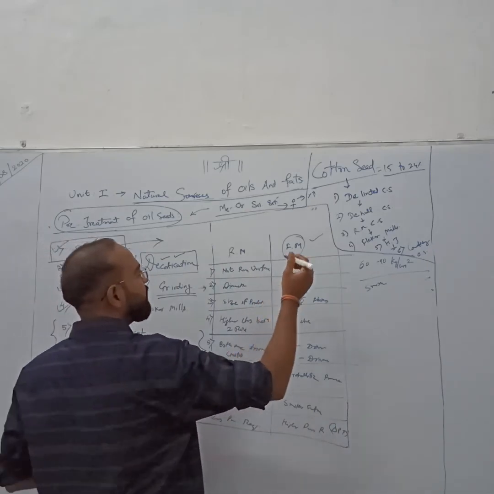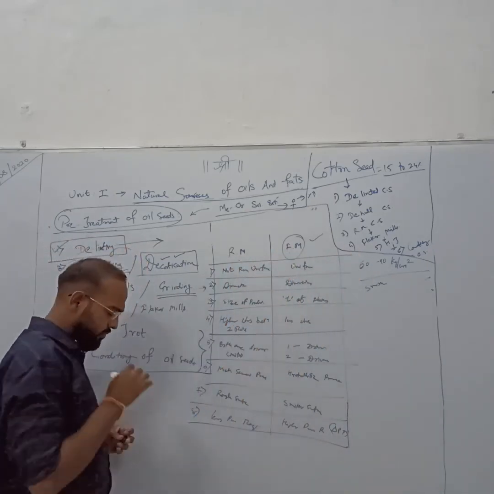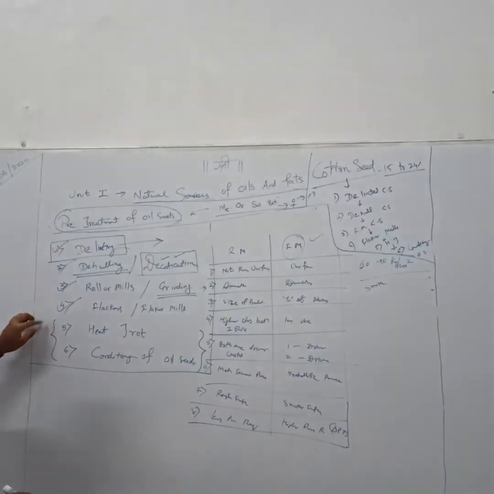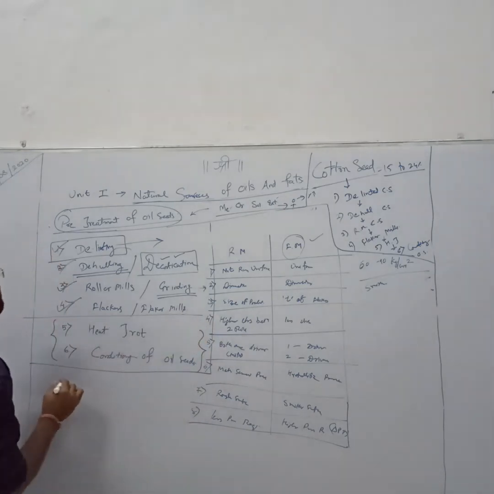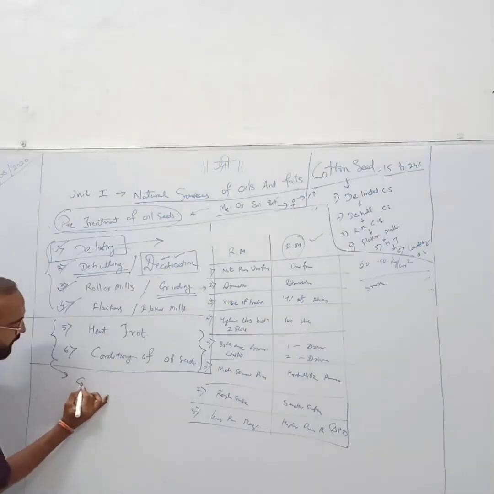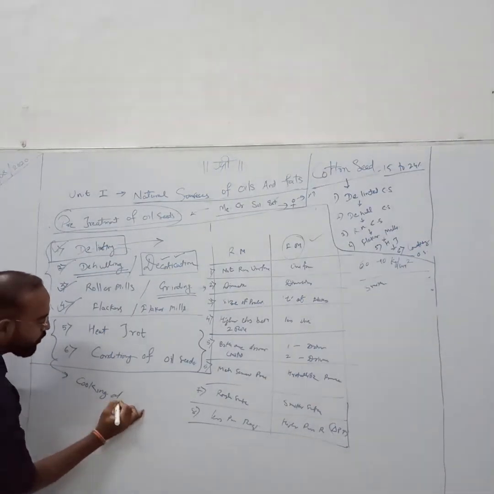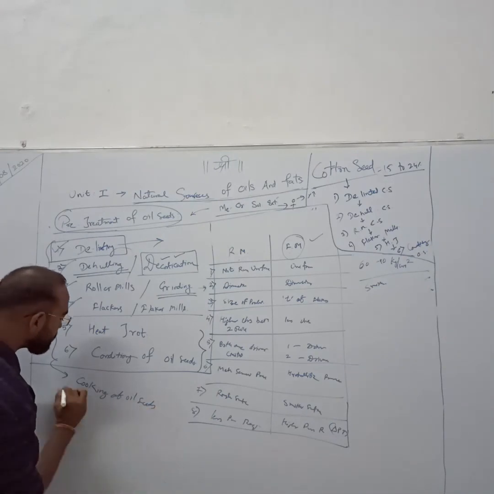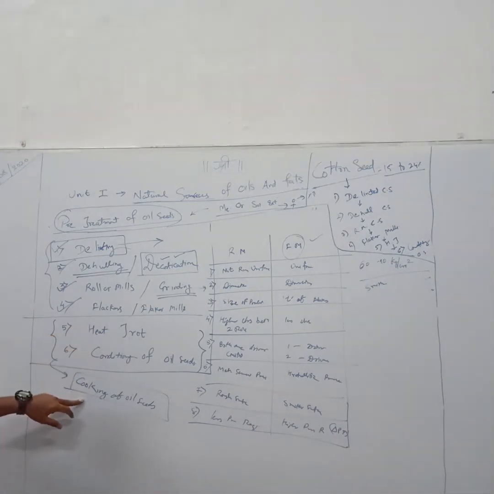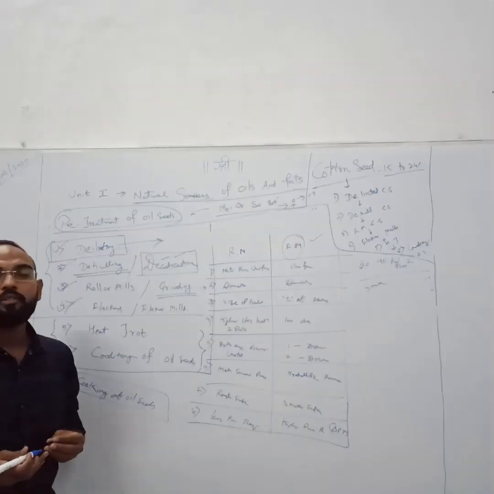And if every student can understand the roller mill and flaker mill, there is no need to learn it. You can easily write by your understanding. In all, four pre-treatment steps are carried out in this lecture. And heat treatment, conditioning of oil seeds, is mainly carried out in cooking of oil seeds. So these two topics, the design and some construction of the cooker, and heat treatment and conditioning of oil seeds, will be carried out in the next lecture.